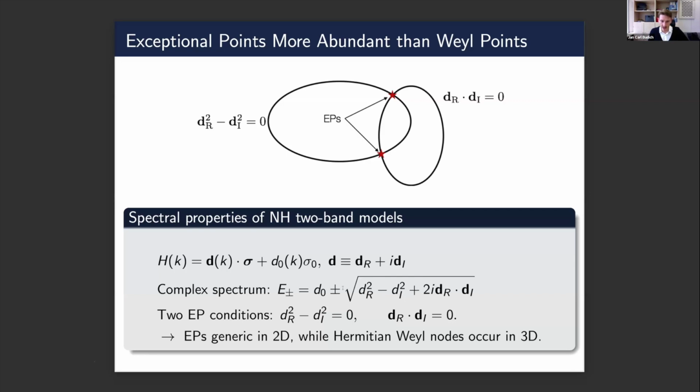And if we now want to identify a degeneracy, so that the splitting gap part here, the plus minus part under the square root is 0, then we have 2 real conditions, namely that the length at this momentum where the gap closes of the real and imaginary part must be the same, and that the angle, so the 2 vectors must be perpendicular, the angle must be 90 degrees. And that's only 2 real parameters that you tune now, which already gives you intuition that this is a more stable situation. Yeah? So I would only need 2 dimensions or 2 parameters, kx, ky in my band structure to make this generically occur.